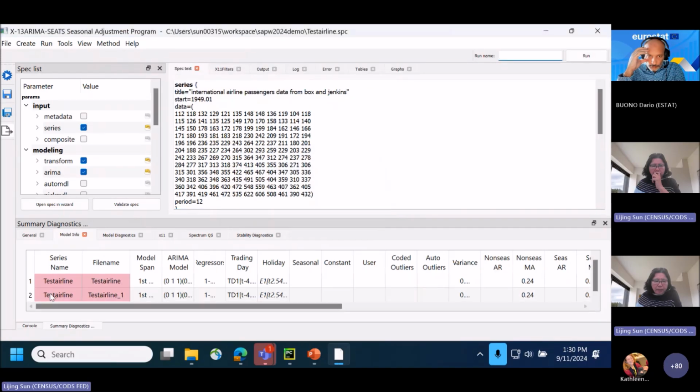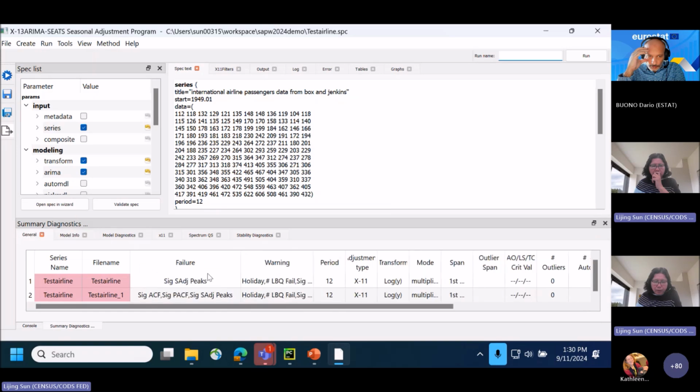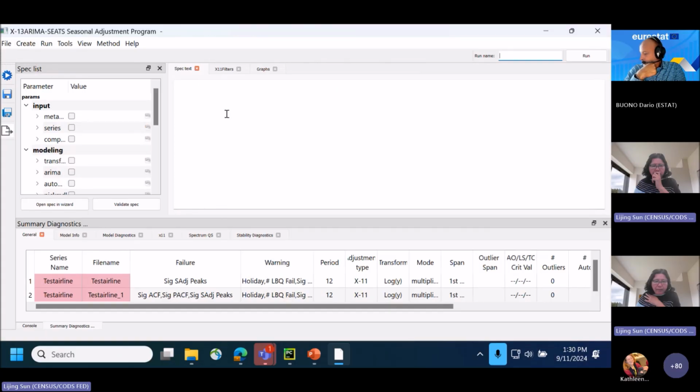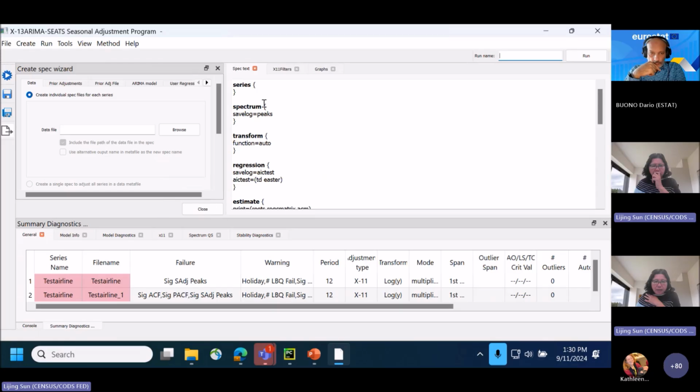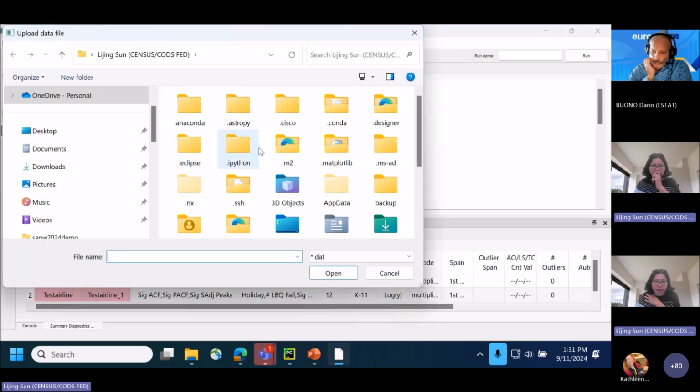Next time you run this, the threshold filler you see is gone because I deselected the 3. So this is open existing ones. You can do this from the spec file, create one from scratch, and then the wizard, you can create a spec file from the wizard. This is the default spec file displayed, and then you can just choose different data